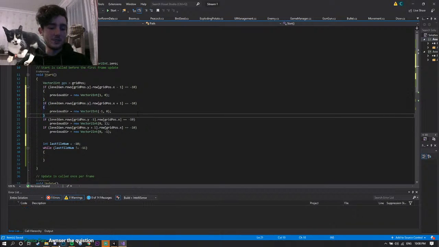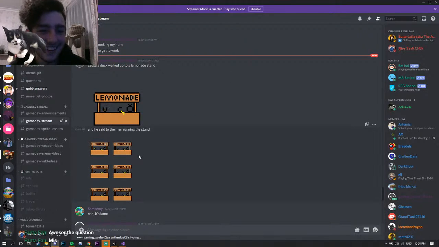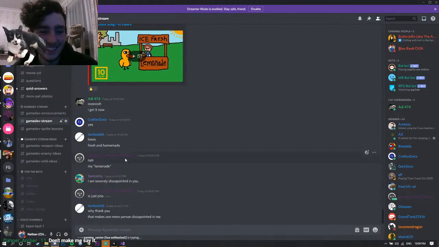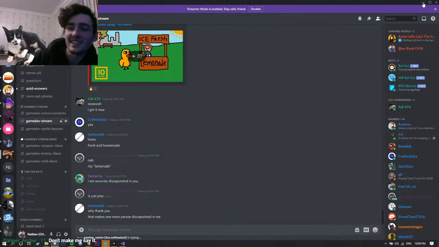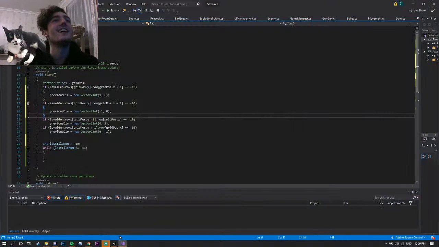Check Discord for something cool. We love something. No! Why the lemonade stand? God damn it! Oh my god, you actually made the lemonade stand. This hurts me. I love it, but it hurts me. We can make this. We can add the lemonade stand. You bastards. God damn. Russia team with junk armor, and